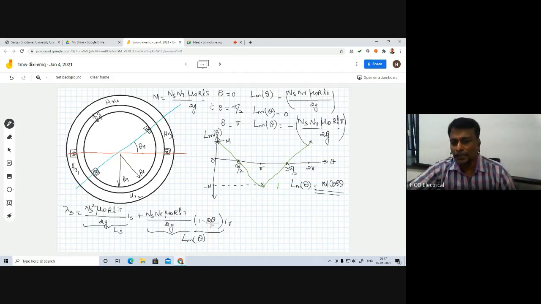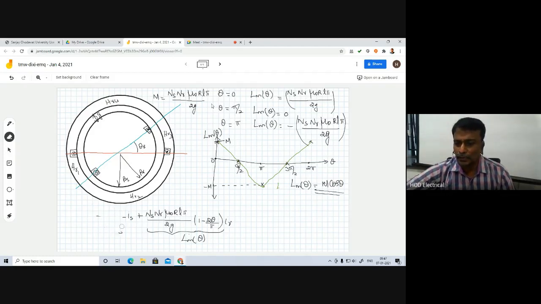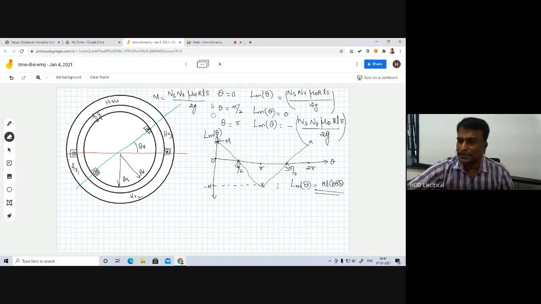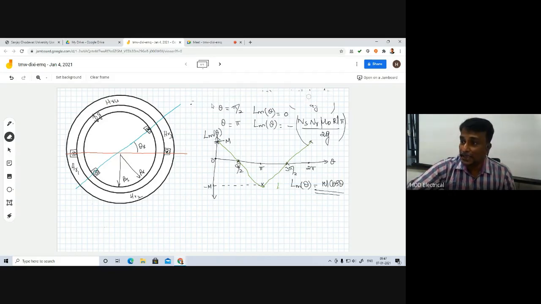So then I would like to explain today. Like that, we have ended up with this derived equation of the inductance of the stator. So now we are going to write the equation for the rotor inductance, how the rotor inductance will be. You have to follow the same procedure. I am not going to explain all, I am only explaining how the variation of this inductance goes, how you have to write the equation for the magnetic flux density.